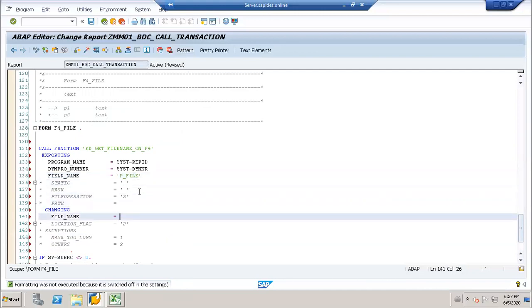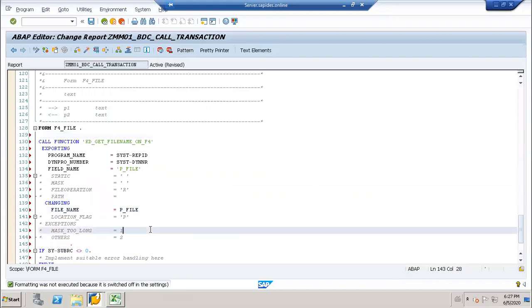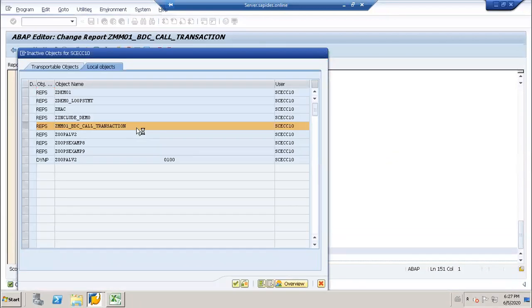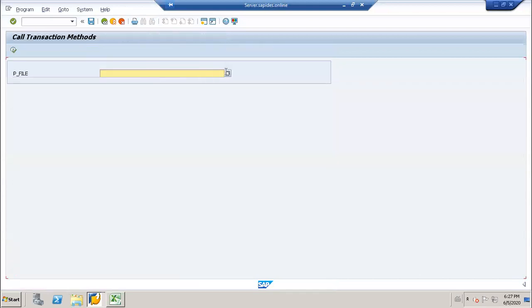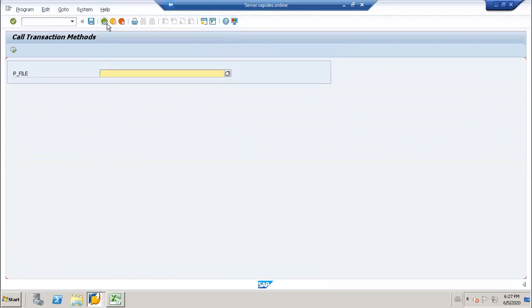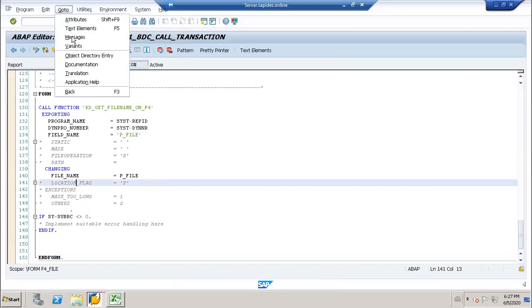And here, so if I execute this now, I will get a... Yes, got it. So I can take that file from this path. And let me change this description.